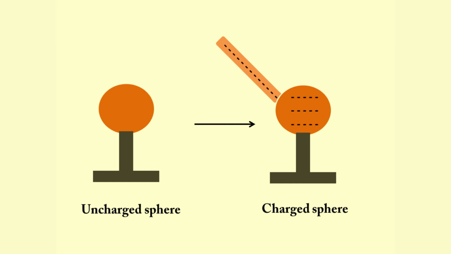Then some charges will flow from the charged object to the metal sphere. When you take away the charged object, the metal sphere is left with the charge. Guys, if you observe this, at the end, both of these objects will have same type of charge. Whereas in the charging by friction, both objects involved will have opposite charges.